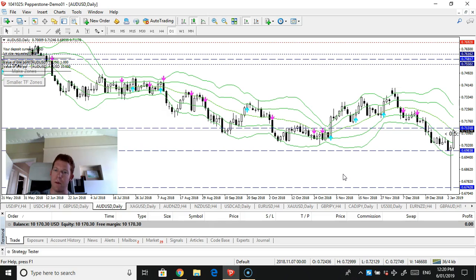But I just need to follow the rules because the Aussie yen was really nice. I mean, that was a 5% trade. And for me, that's what they're looking for as well with the prop firms. So I sort of have to put in my mind, if I'm managing like $20 million,